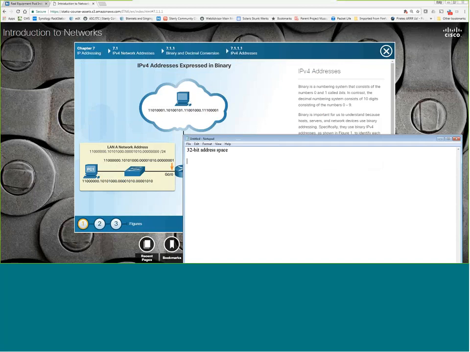The 32-bit address space was originally broken down into multiple classes. We'll talk about those. But this address space is gone. There are more devices on the internet than this space can handle. For this reason, IPv4 is giving way to IPv6,